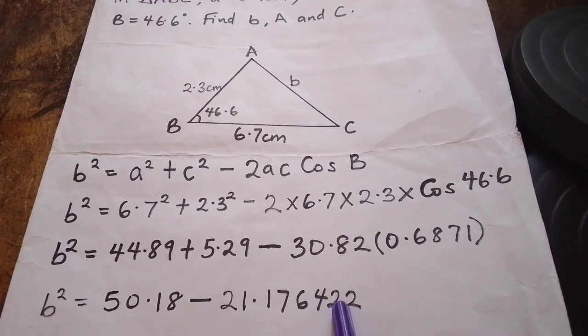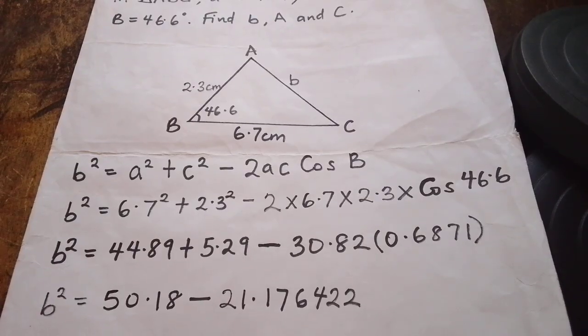So when you subtract these two, 50.18 minus 21.176422, it will give us